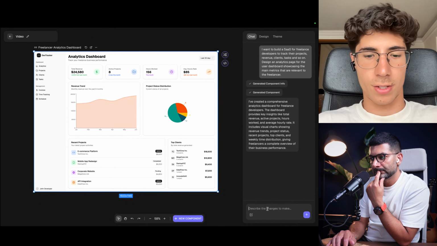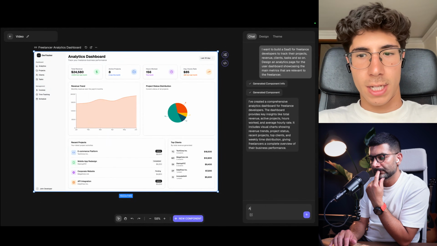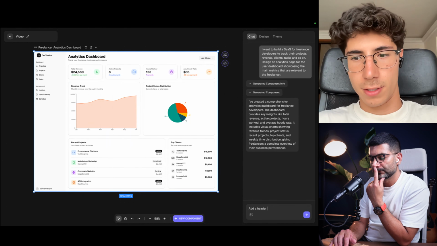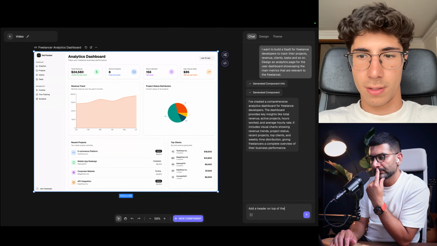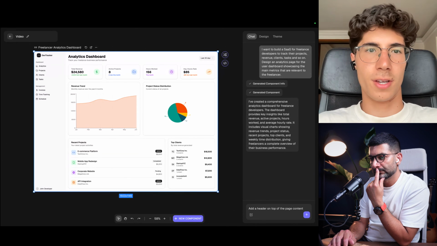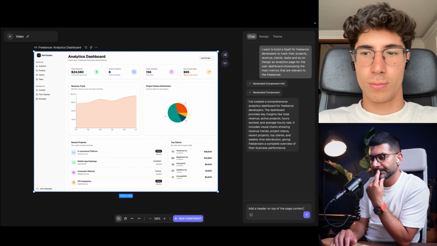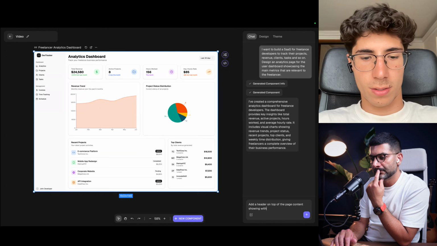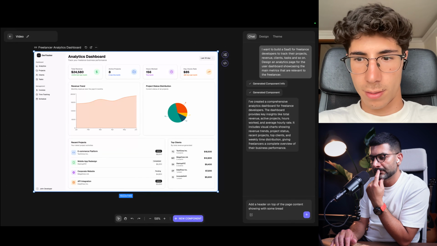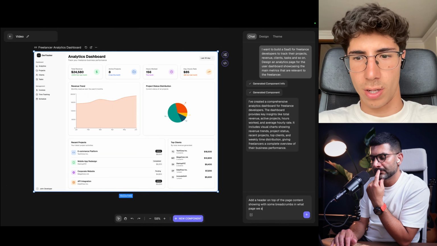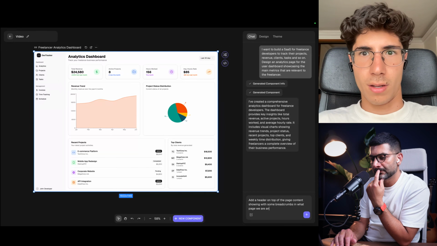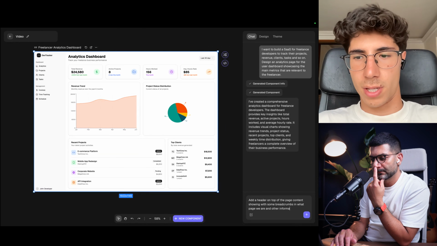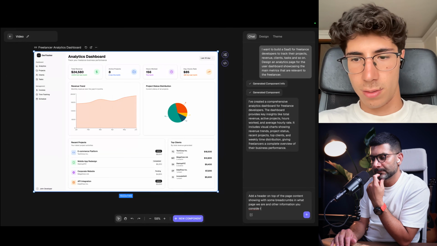So I can just ask: add header on top of the page content, showing some breadcrumbs of what page we are on, and other information you consider